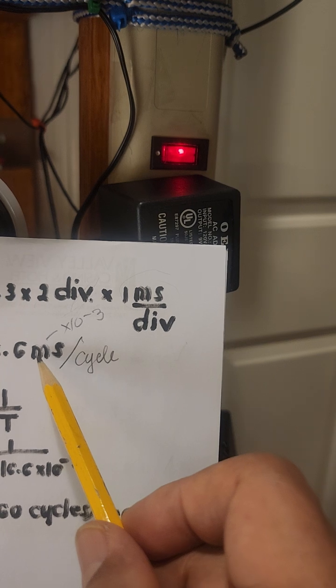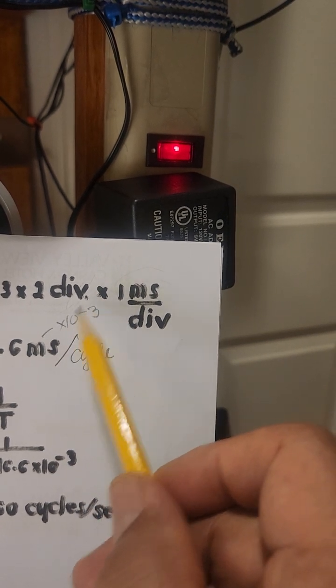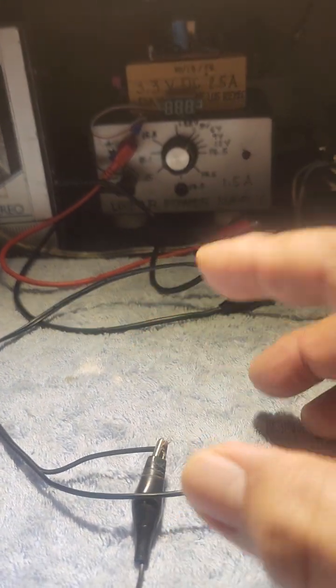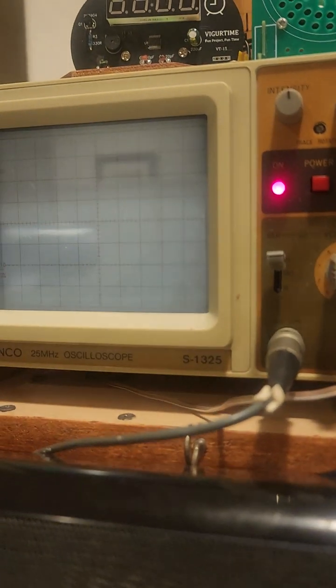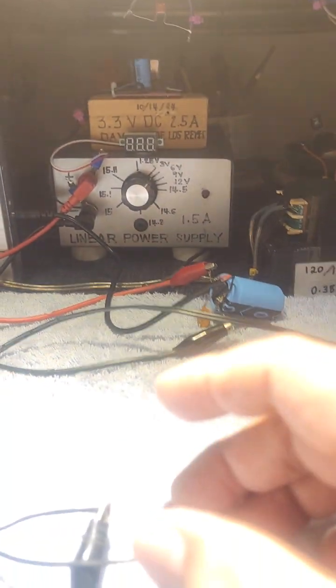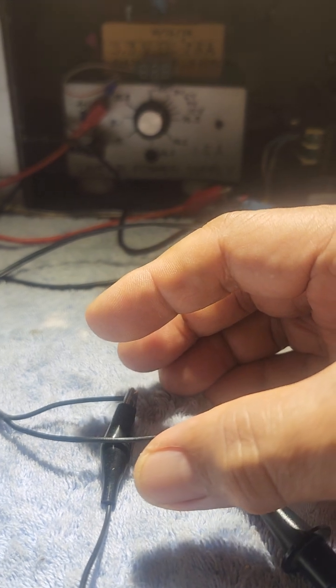Like what I said, this small letter m represents times 10 to the minus 3. So the total period of the graph of the voltage, which is shown on the oscilloscope, is actually 16.6 milliseconds. So for us to find the frequency of the AC voltage here, the formula will be